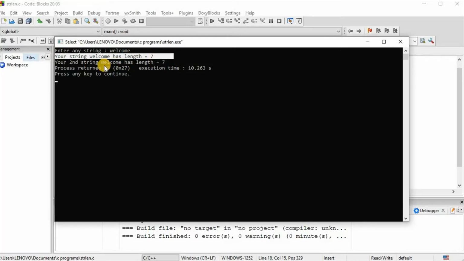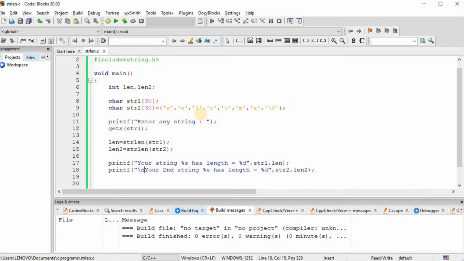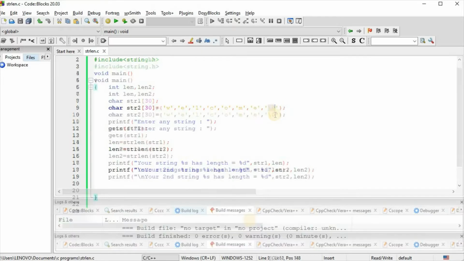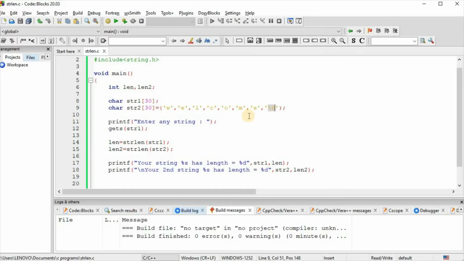Your string welcome has length is equal to 7. Your second string welcome has length is equal to 7. So even though we can see 8 characters including this null character, the strlen function or stringlen function does not consider this null character while calculating the length of the string.